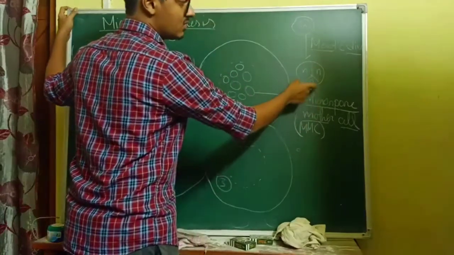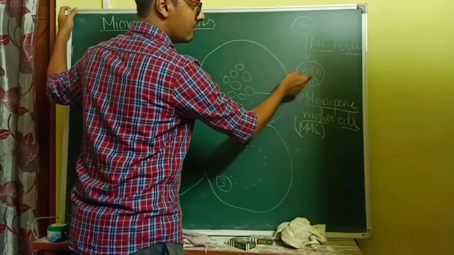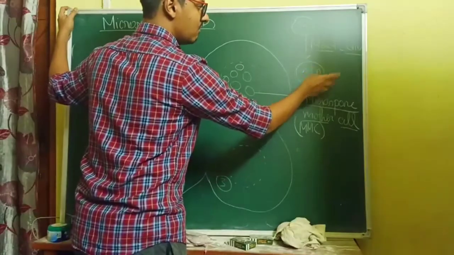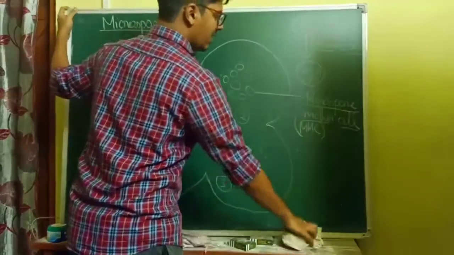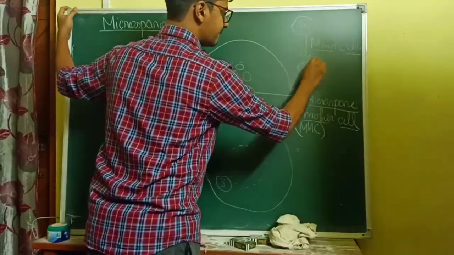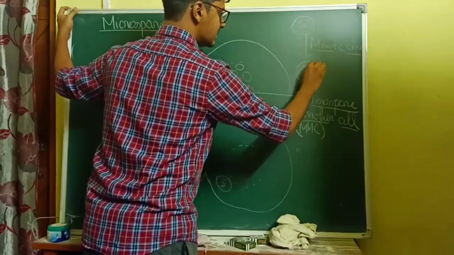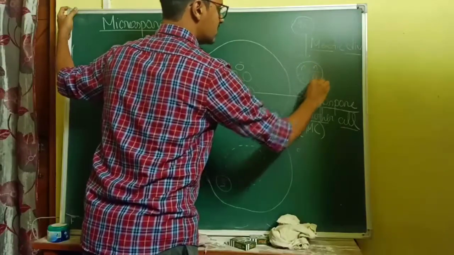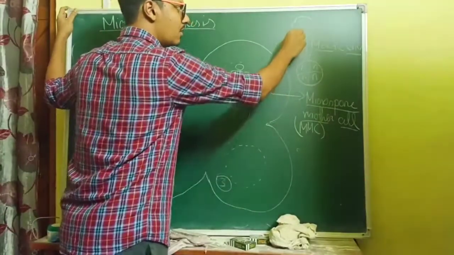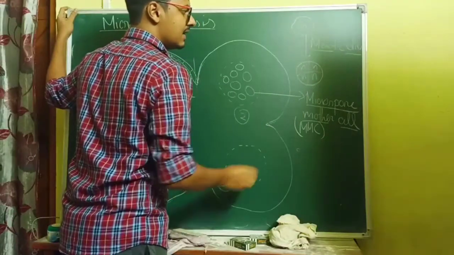Now you may ask, sir, you are only drawing 3 cells. What is the 4th one? The 4th one is on the behind. This is the frontal part you are seeing, 3 cells. The 4th one is on the behind. I can also draw them together. 4 cells. So as a result of meiotic division, you are now able to see 4 cells, from 1 diploid cell to 4 haploid cells.